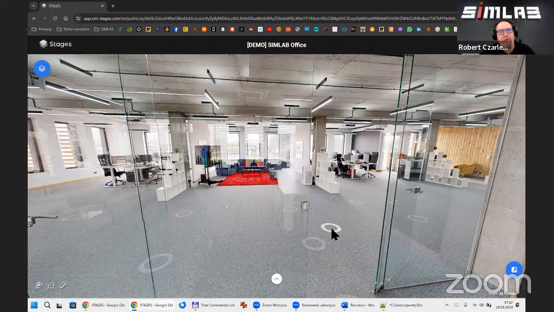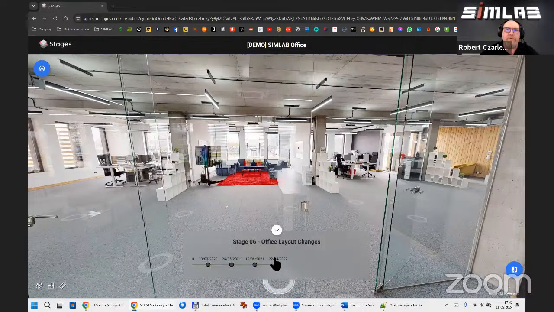You can just browse the scans placed on the particular stages and use our tools, timeline, and compare view. The viewer role allows the user to see more details. So they can click on the note icon and see all the details of all the content placed in the note. That's the main difference.